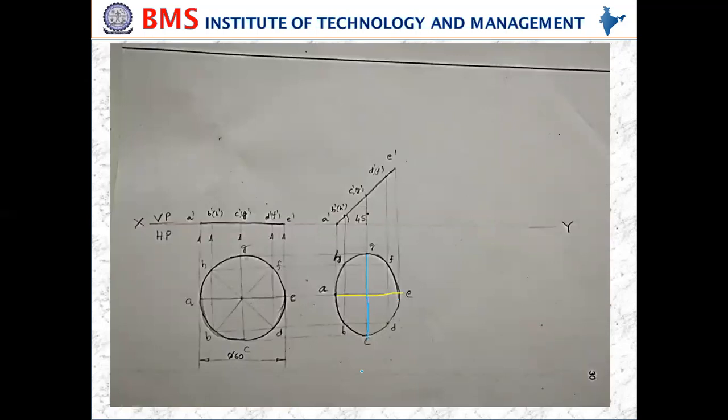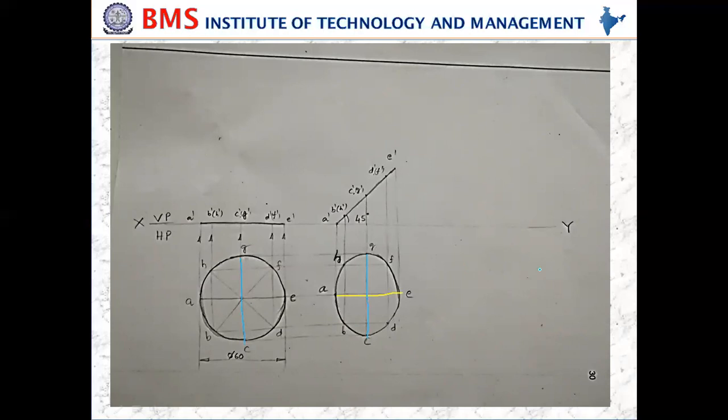You may ask the question, see the diameter CG here, is it changing its length? Is it the true length of CG? Whatever CG you got here, this CG is equal to this CG, because both are the same. If you measure this CG length, it is equal to 60 mm, the given length of CG. So no beta and all, because it is just drawn parallel to this. So here CG is drawn parallel to this.